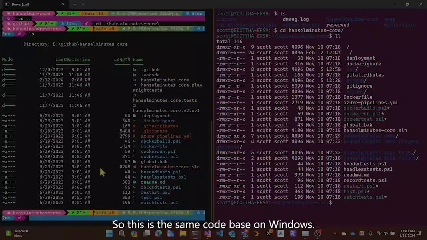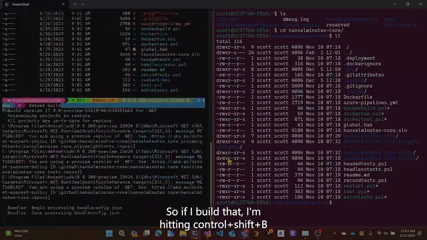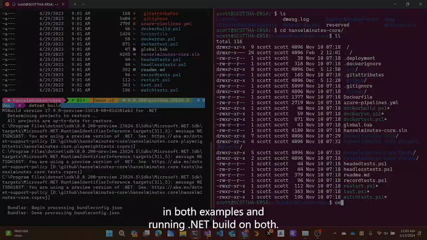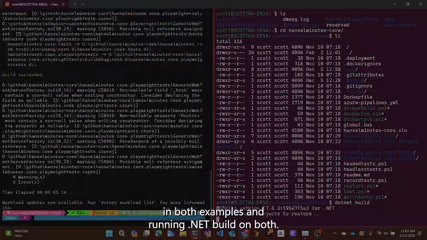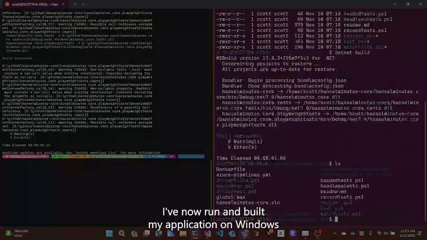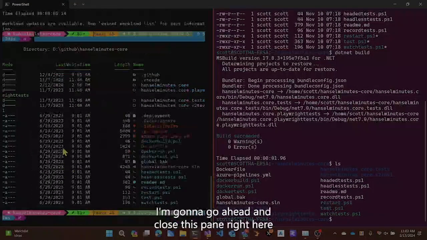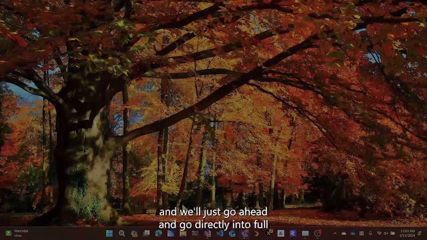So this is the same code base on Windows. So if I build that, I'm hitting Control-Shift-B in both examples and running .NET Build on both. I've now run and built my application on Windows and on Linux because .NET is cross-platform. I'm going to go ahead and close this pane right here, and we'll just go ahead and go directly into